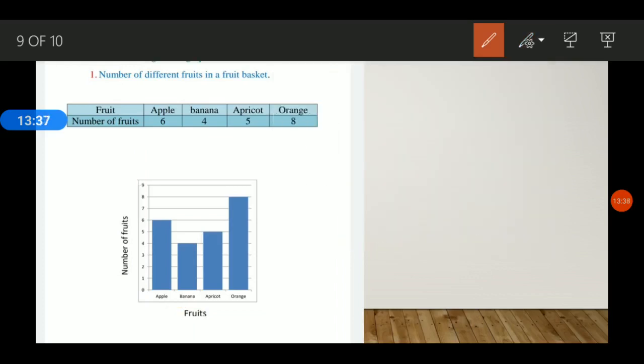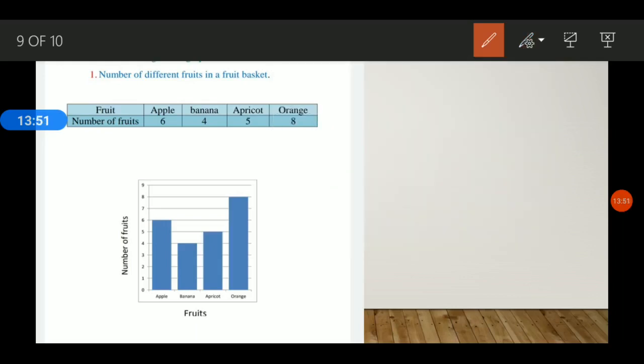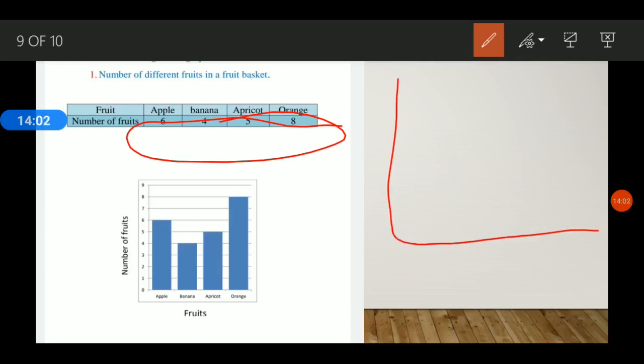Now what we have to do in the third step? In the third step we will mark the scale on the vertical axis and on the horizontal axis. So first mark the scale on the vertical axis. On the vertical axis we will represent the numerical data. Numerical data means this number of fruits we will represent on the vertical bar graph. So we will start from where these two axes meet. This will be 0 and equally we will divide,